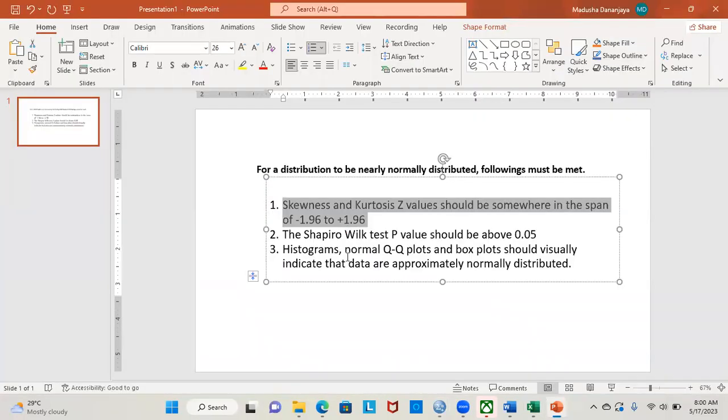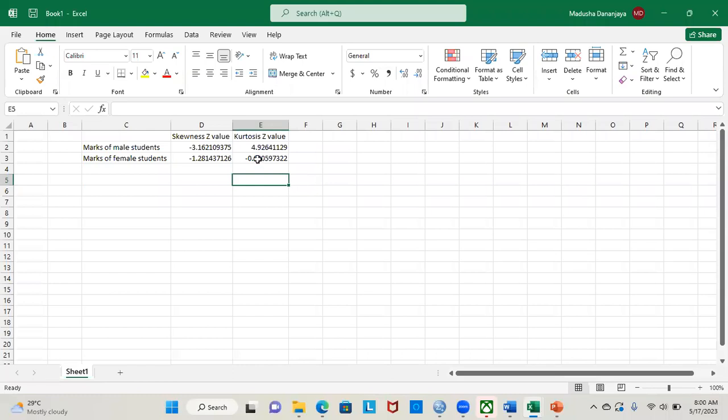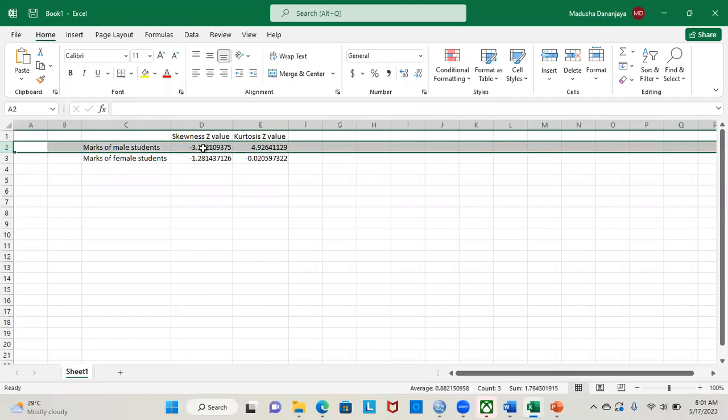Now go to the requirement again. Skewness and kurtosis Z values should be somewhere in the span of minus 1.96 to plus 1.96. Now when it comes to the distribution of the marks of male students,